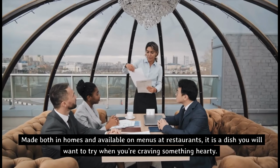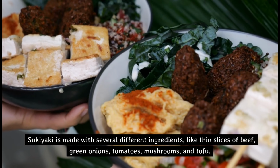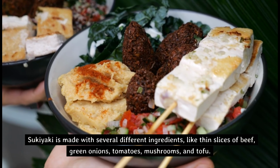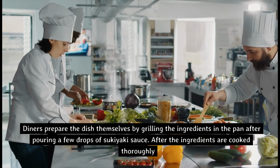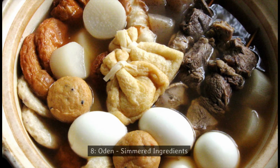Sukiyaki is made with several different ingredients, like thin slices of beef, green onions, tomatoes, mushrooms, and tofu. Diners prepare the dish themselves by grilling the ingredients in the pan after pouring a few drops of sukiyaki sauce. After the ingredients are cooked thoroughly,